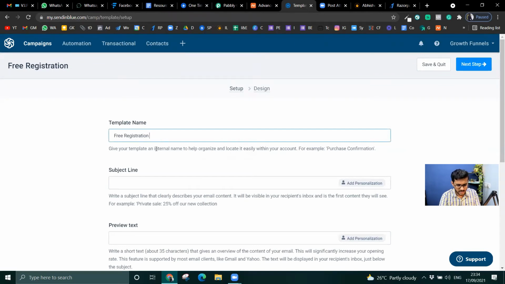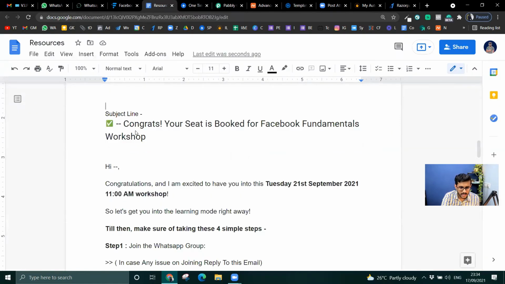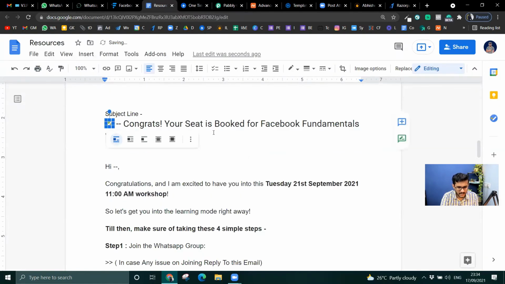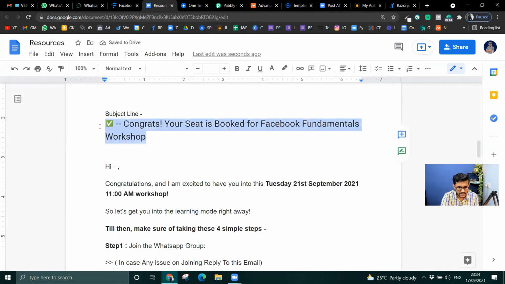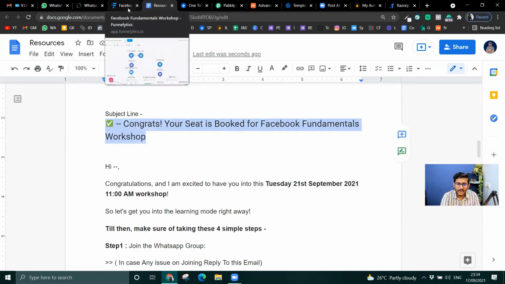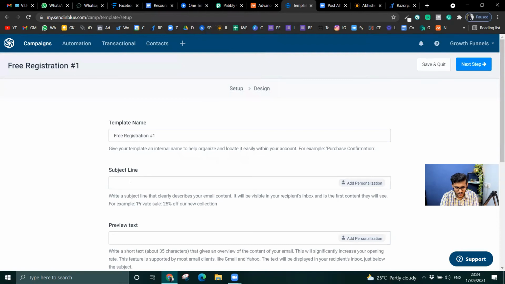Free registration one. The second one would be free registration two. I'm setting up a very simple one again because of the time constraint. Everything is there, so I'm just making it simple. I will add a lot more things later. When you are experiencing the funnel, you might have a lot more things.